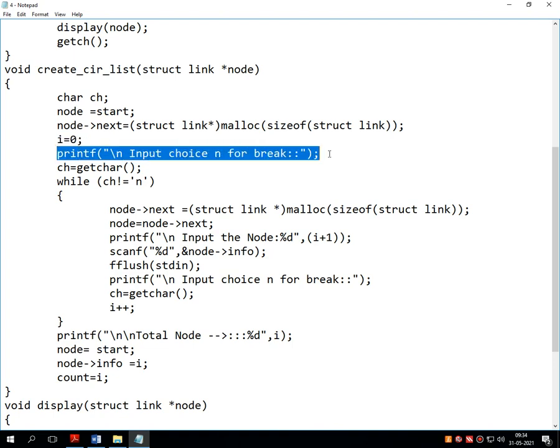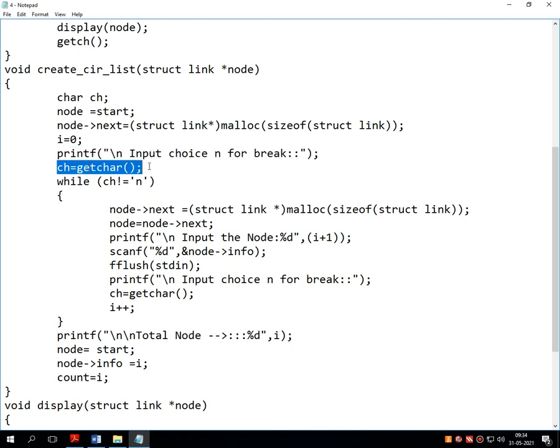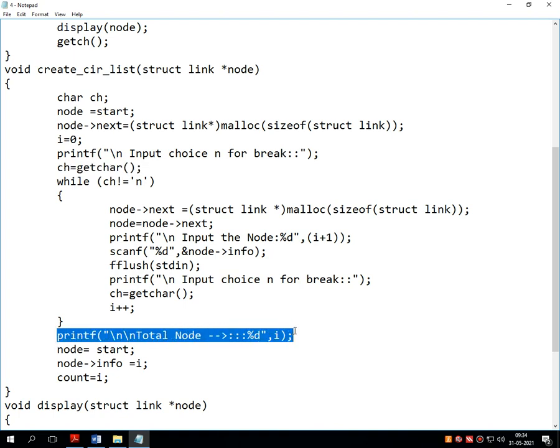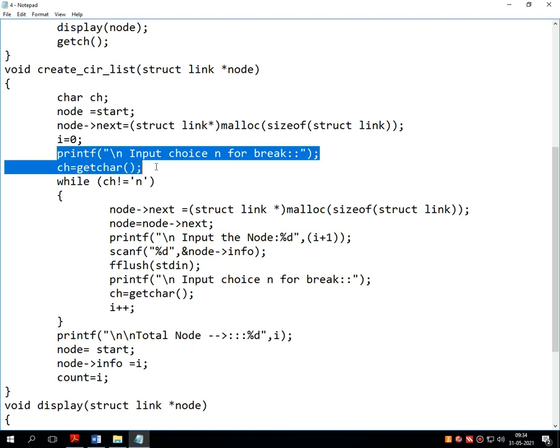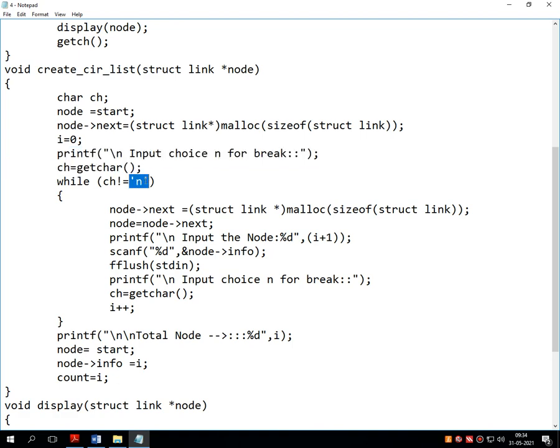Then there is a message which we have seen while we executed the program, that is input choice n for break. If that choice is accepted from the user, the program gets terminated and it displays the total number of nodes onto the screen. But till we are not inserting n,